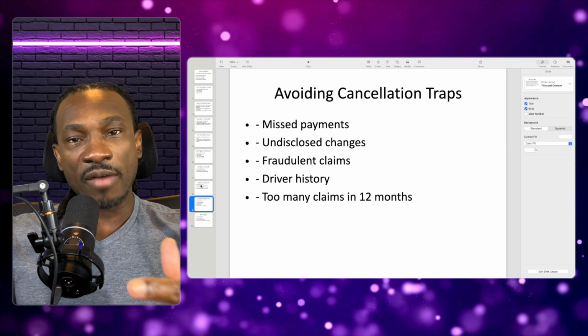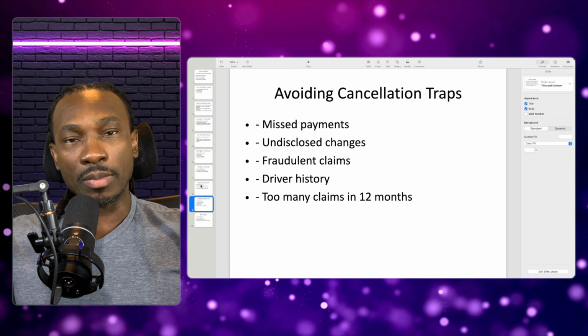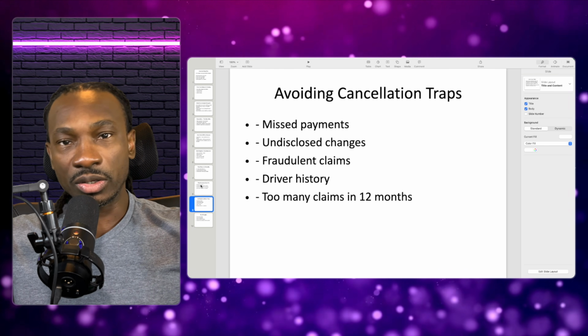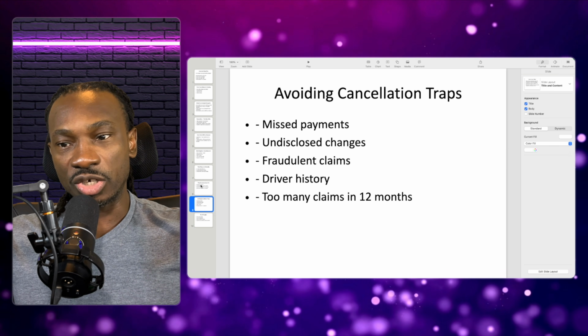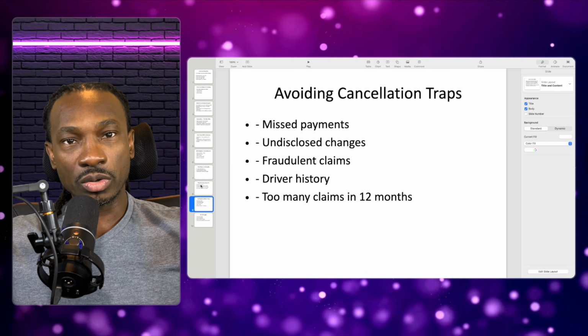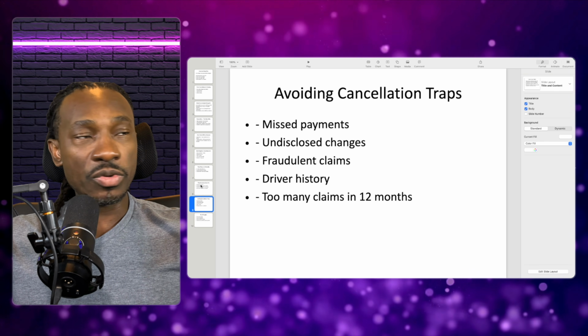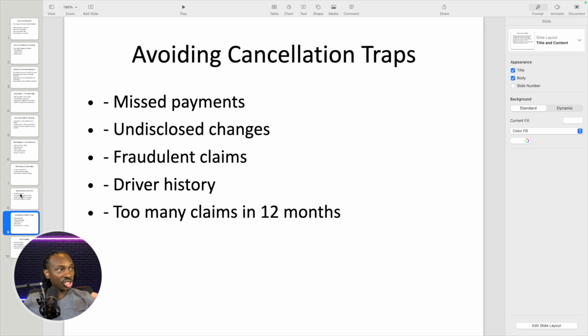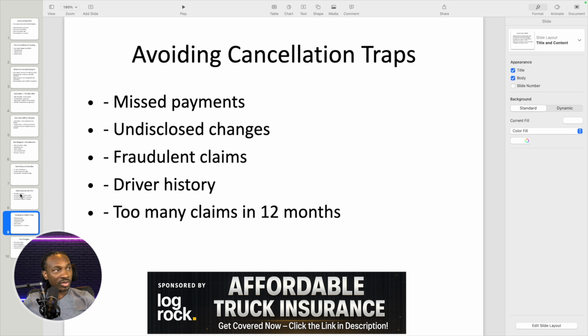If you got a new driver and you forget to update them, or you just don't update them, and now this guy gets into an accident, they're not going to cover it, and they're going to drop you because you got a driver who's not listed on the policy driving a commercial vehicle, right? So they will drop you for that, all right? So be careful and make sure that you update them when you make any changes, right? Fraudulent claims, I don't know why anybody would want to make a fraudulent claim but it happens. All right, not indicative of a good business person. I wouldn't do it if I were you.